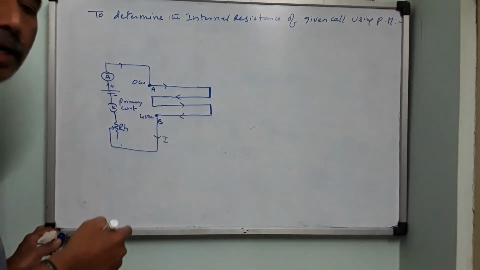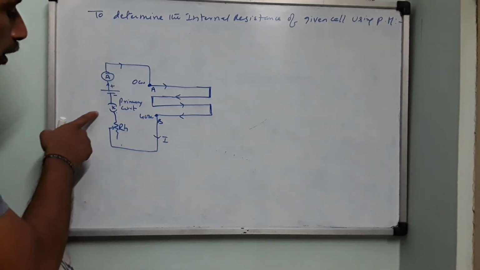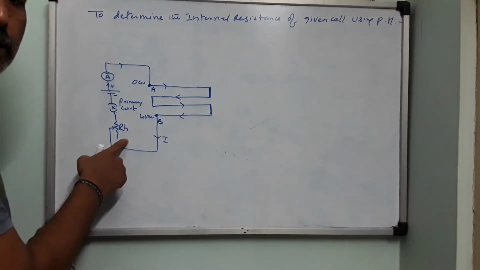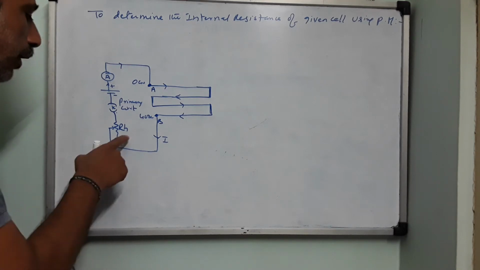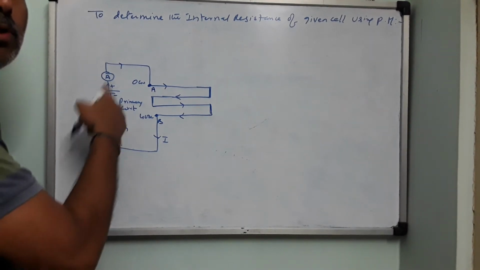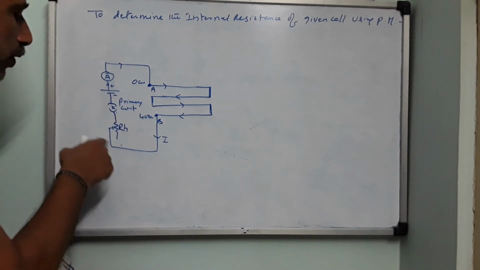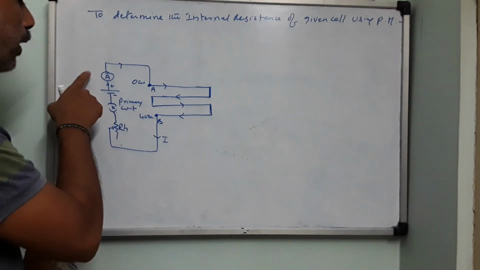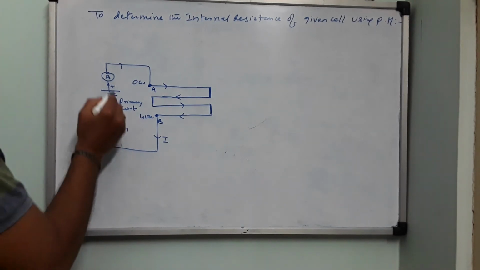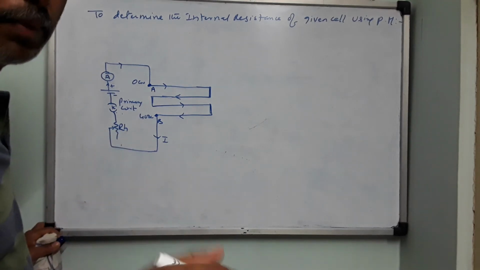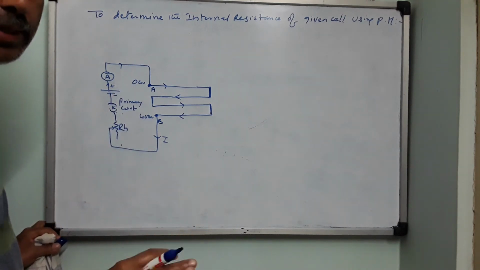Then only you are keeping a check on the current. Suppose the current is increasing or decreasing, then you take the help of the rheostat. If current is increasing, then increase the value of resistance through the rheostat so that the current is brought back to 2 ampere. If current is decreasing, then decrease the value of resistance so that more current can come out from the battery and it comes back to 2 ampere. So the purpose of the rheostat is only to control the current. The ammeter is only to check whether it is a constant current or not. Otherwise, these things are auxiliary only. They do not play any role in the experiment. We can directly connect a battery also, provided the battery supplies a constant current.